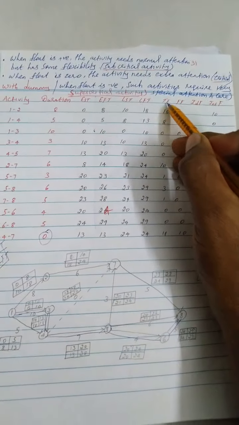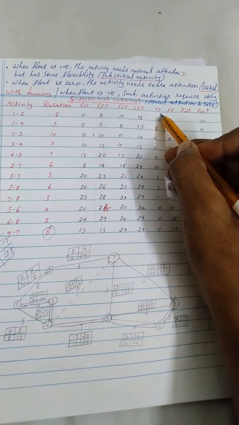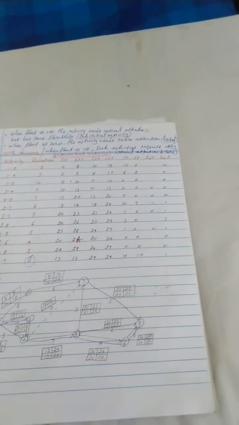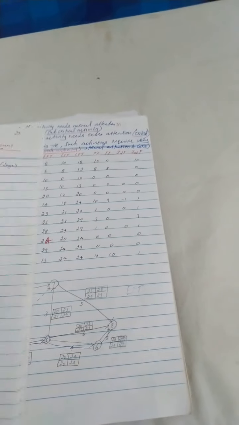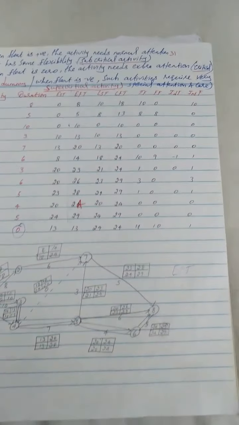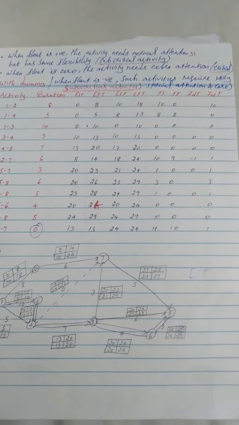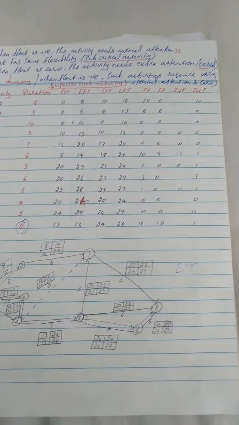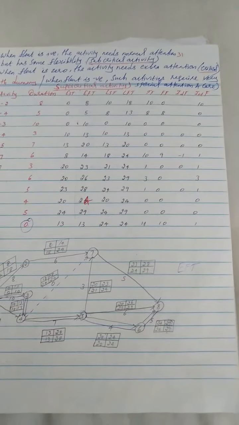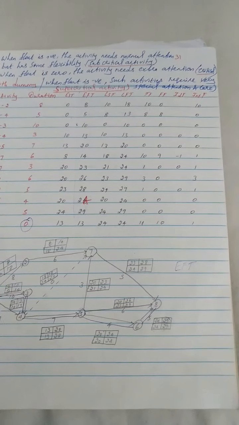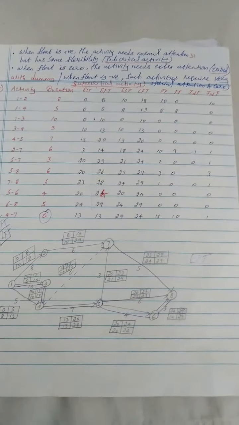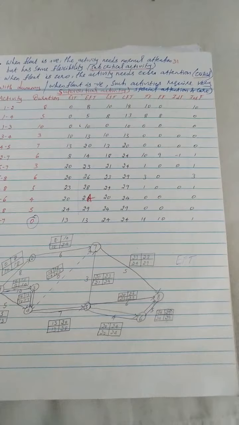So we know the formula for total float is EST minus LST, or EFT minus LFT. So this is the basic formula. So just 0 minus 8, or 8 minus 18. For the total float, you need not take a negative value. Even if it comes out negative, you take it as positive. Total float is 10. Likewise, you need to find the total float for all the activities.